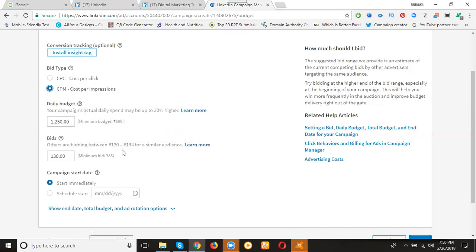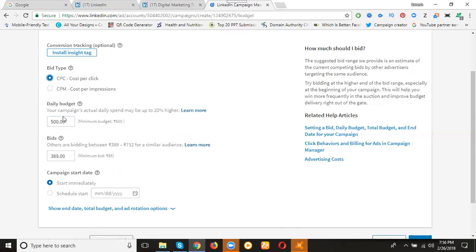Suppose I change the budget to 500. Does the impression change? Does CPC change? No, they're not dependent on the budget. They depend on the ad only.